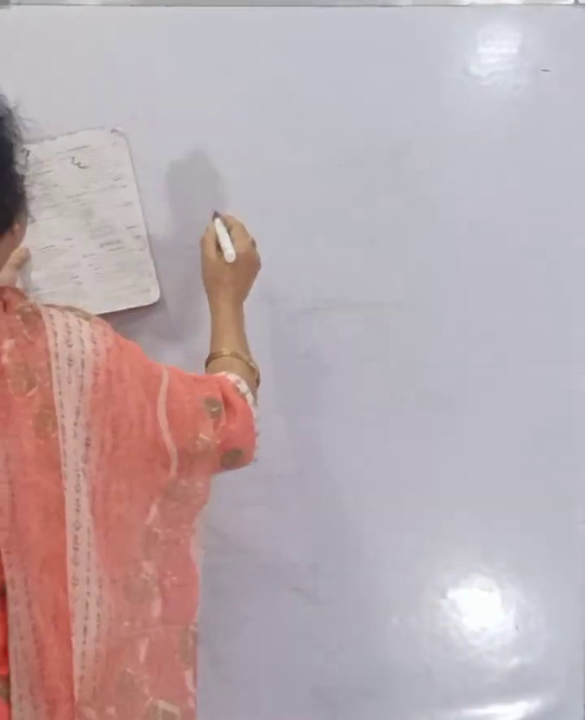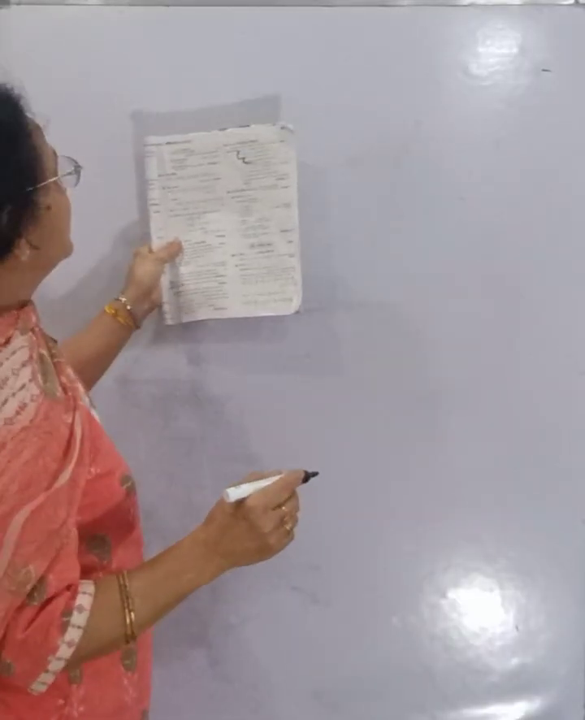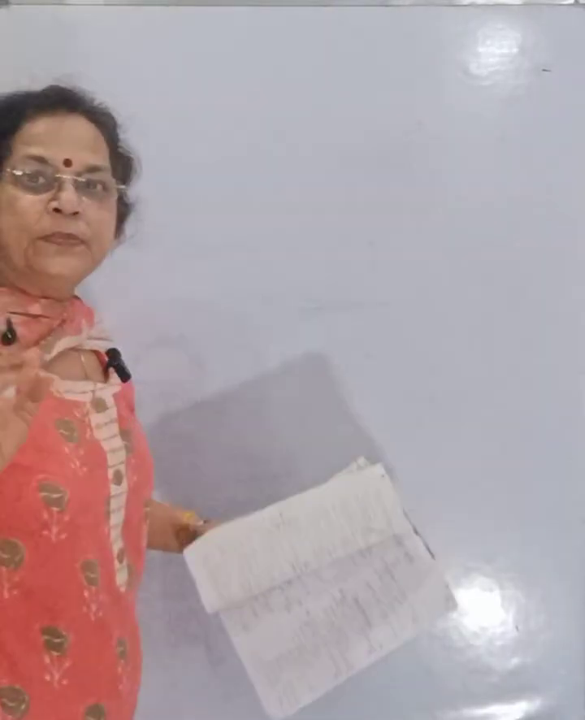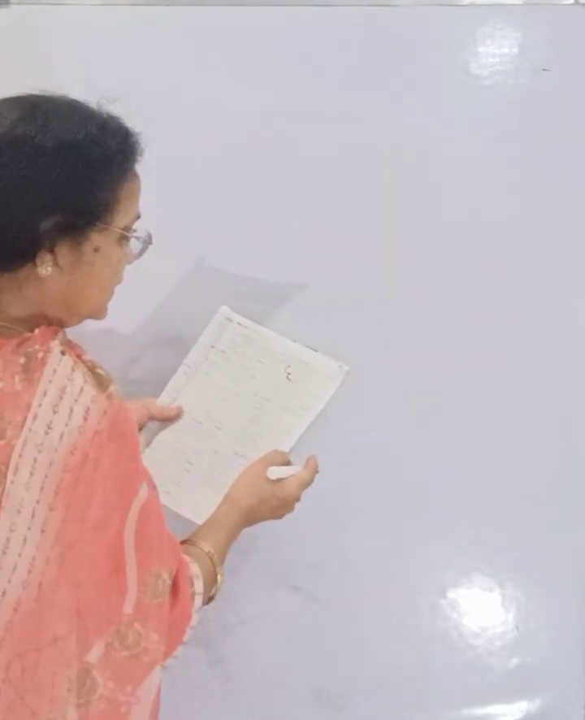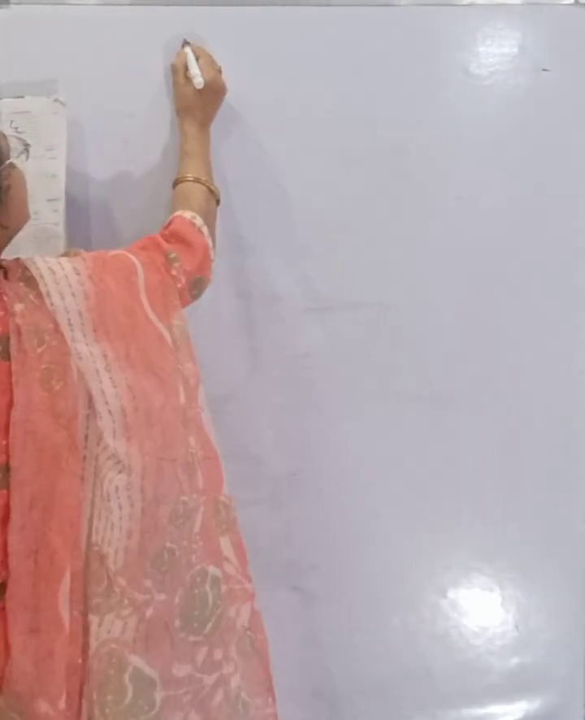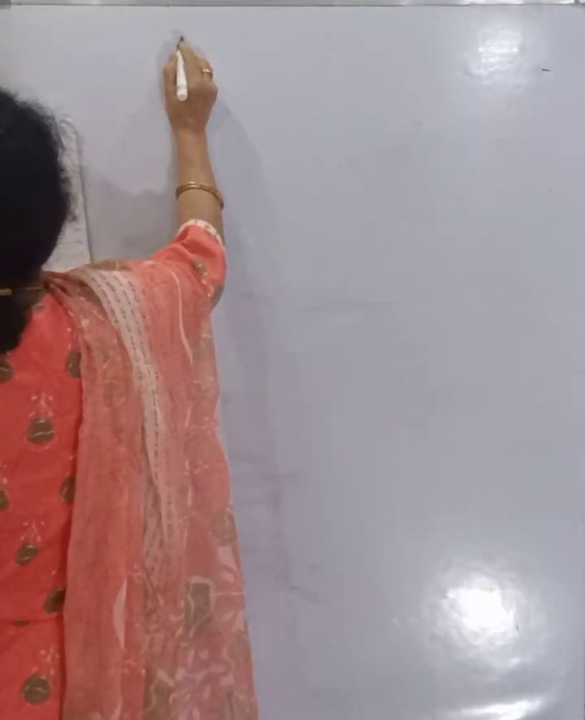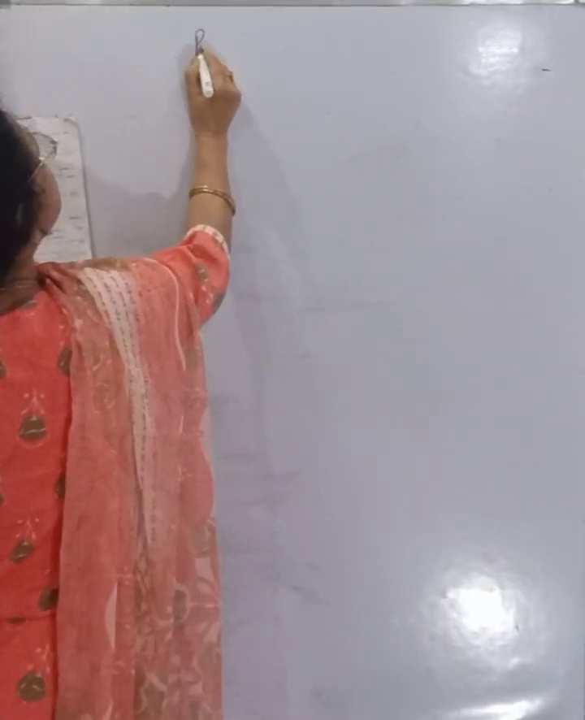This is a class 11th trigonometry question, as per this book, a 3-mark question as per the NCERT syllabus. The question is: prove that